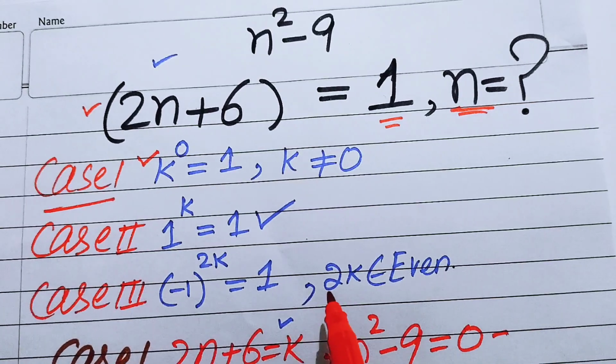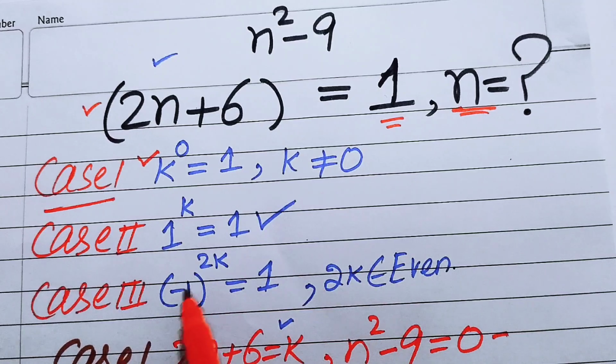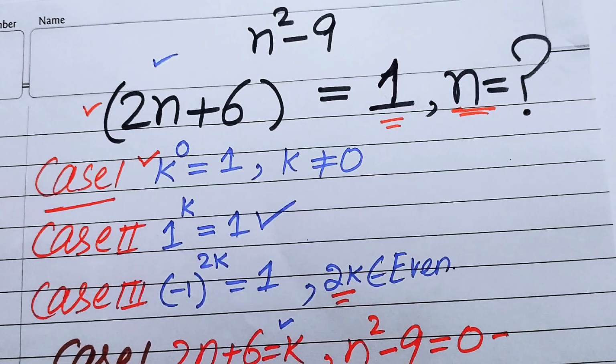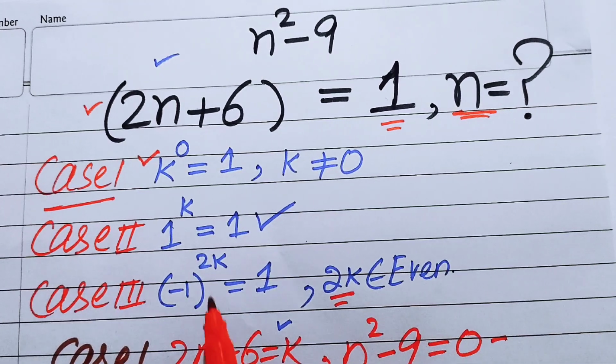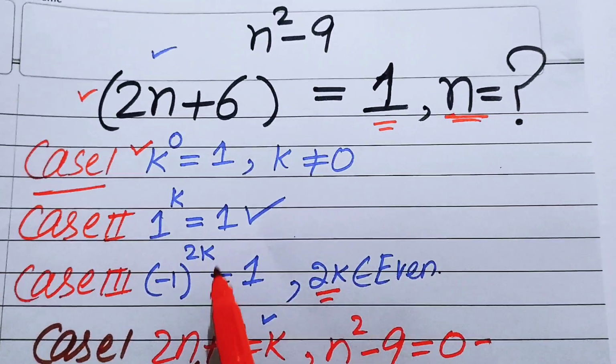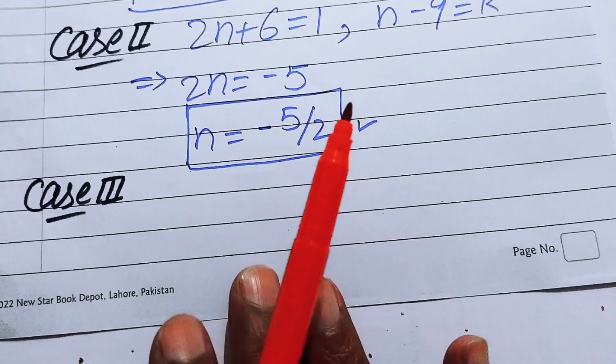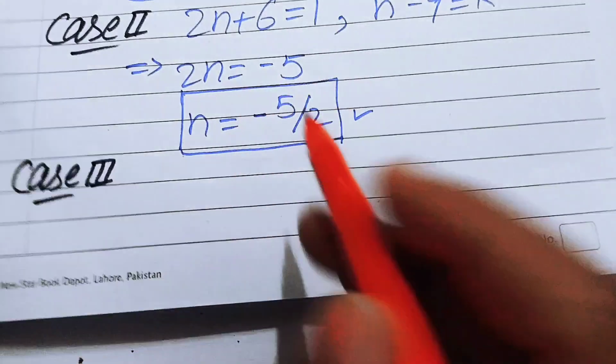But here we remember one thing: our exponent 2k must be even. So first we find the value of n and then check this condition. After comparing the left hand side of case 3 and the given equation, we get the output in this form: